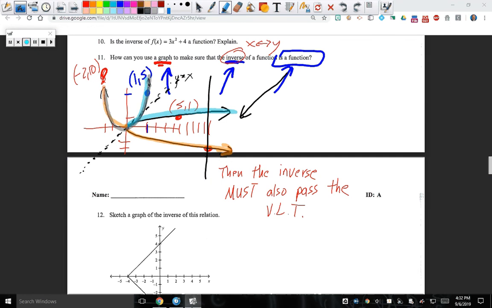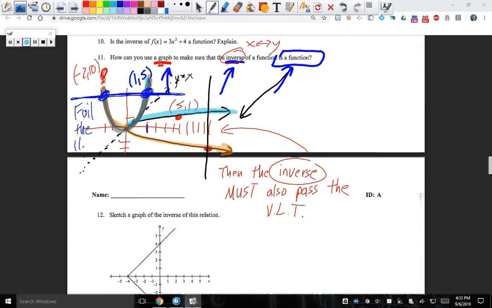The original graph was this one right here in gray. And we know that its inverse will not pass the vertical line test if, on the original graph, it doesn't pass the horizontal line test. So a horizontal line test is used just the same as an inverse in the fact of you're trying to see, are there multiple values that are going to hit this graph? Okay? So you see right here and right here, it's gonna hit the graph twice. So it's gonna fail